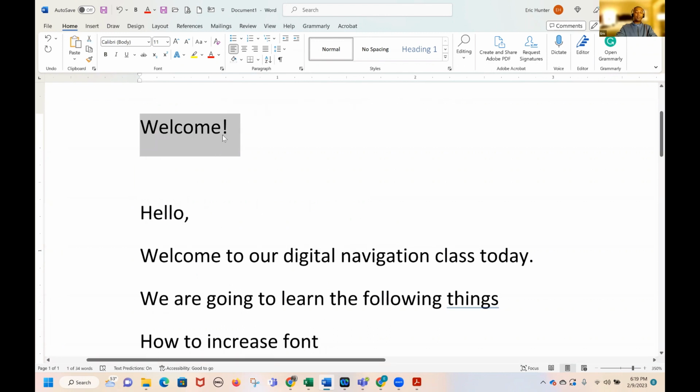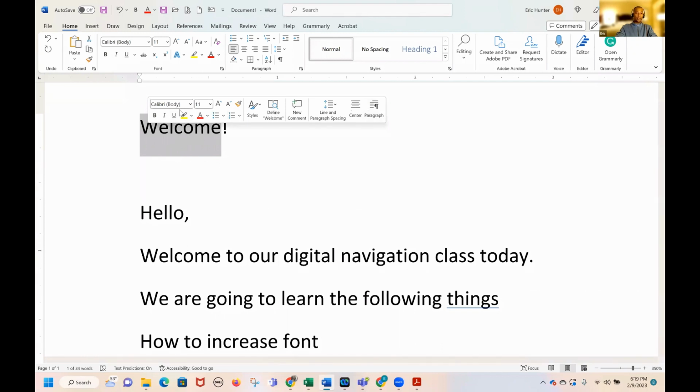So I just highlighted it. You can double click it to highlight the word. So see, I just double click and it'll highlight the word, or you can grab it from the end, hold down your left clicker and move all the way to the front of the word. So there's a couple ways to highlight. Notice here that when I highlight, this menu pops up right here in the middle. And it gives you some options. These are the primary options we're going to be looking at today. So we can bold,